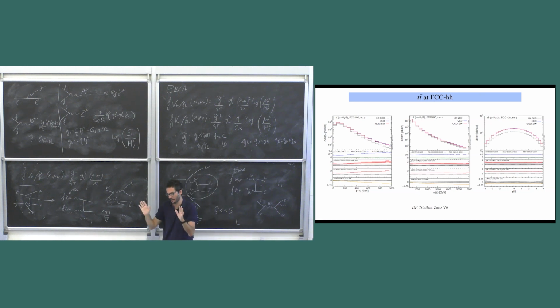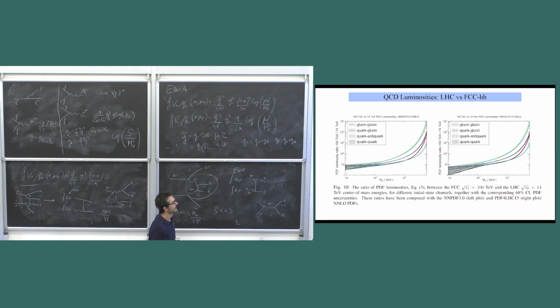No, so this is clear. Level zero, this we understand. But the fact that it's really just a rescaling and doesn't really change the shape in any way, I agree that it has to be peaked at low pT or low masses. This is clear. No, there is a bit of a change in the shape, and you can see it from this other plot here,